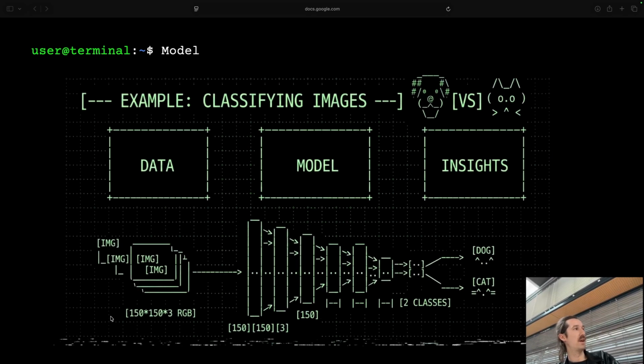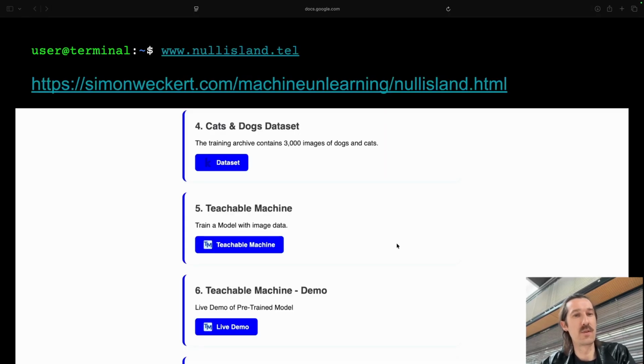Maybe here we can also, another representation would be, I take an image, I have the 3 base color layers, and each of them is 150 by 150 pixels. And once I have that, now I can work with them and run them through a network, or feed a network with it, and make decisions on it.